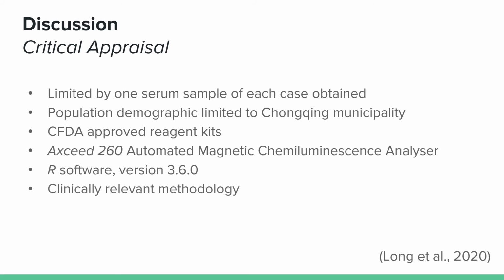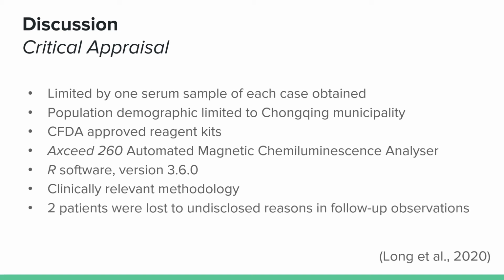The methodology and results are clinically applicable to industry practice and emulated in the aforementioned works of Padawan et al. and Jin et al. The implementation of longitudinal immunoglobulin profiles demarked an early immunoglobulin G seroconversion time as the leading cause for false negative diagnosis at 12.2%. 2 patients displaying delayed seroconversion time were lost due to undisclosed reasons in follow-up observations, and the inclusion of this data must be taken into consideration when reviewing seroconversion profiles as a confirmational criterion of COVID-19 infection.